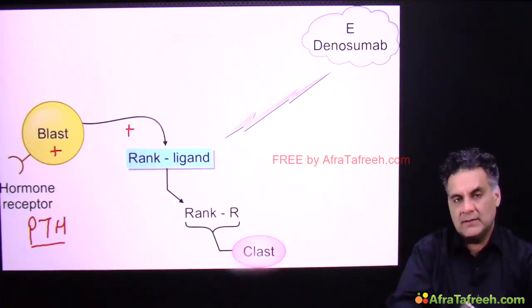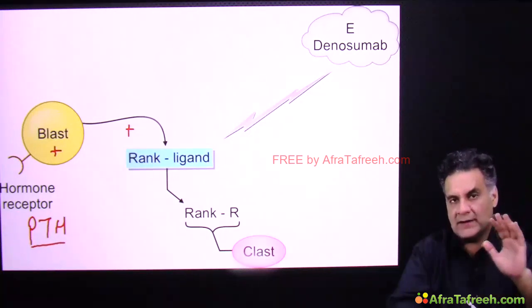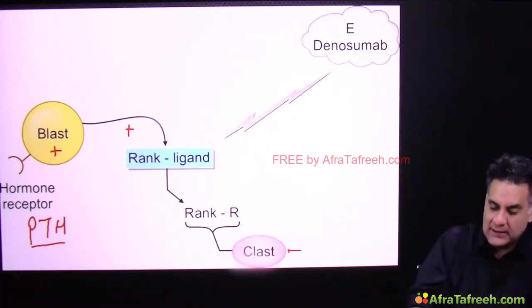Question number 1. PTH receptors are present on osteoblast. Question number 2. Rank ligand is released by which cell? Osteoblast. This rank ligand will go and attach to the rank receptor on the osteoclast and will stimulate it to